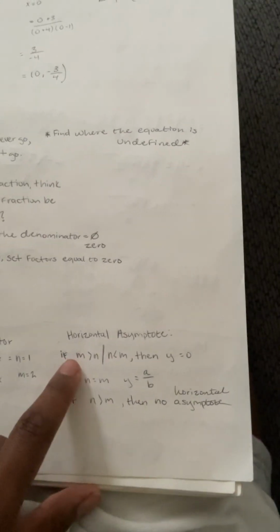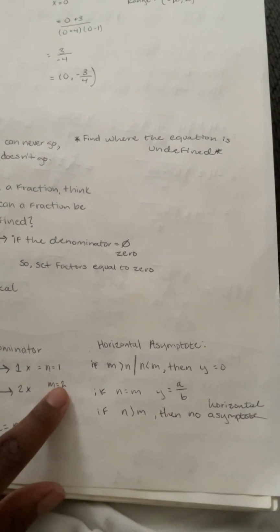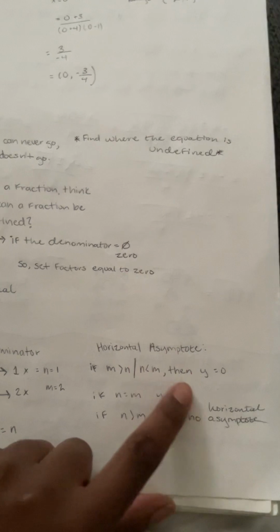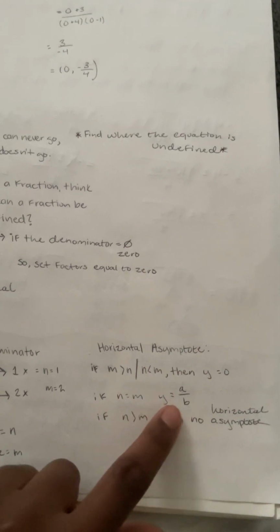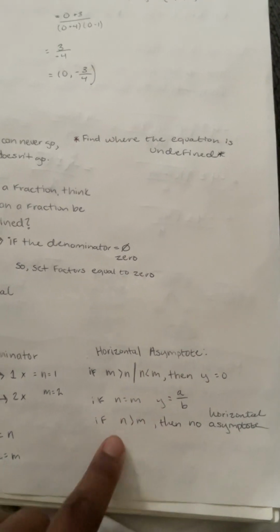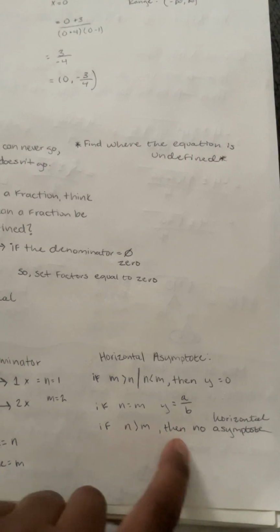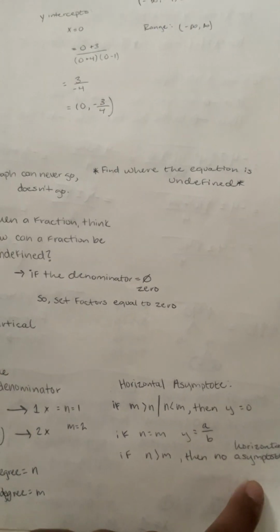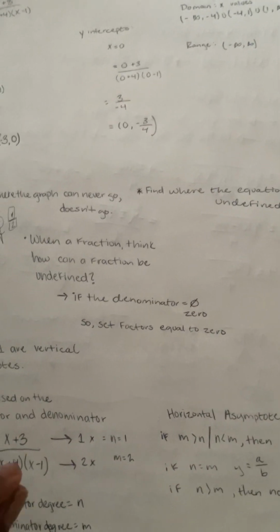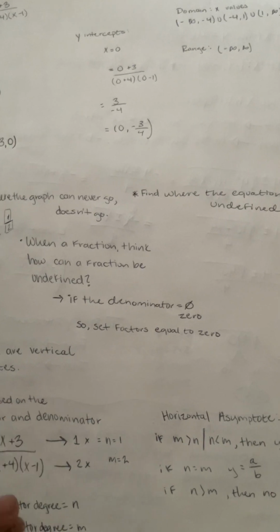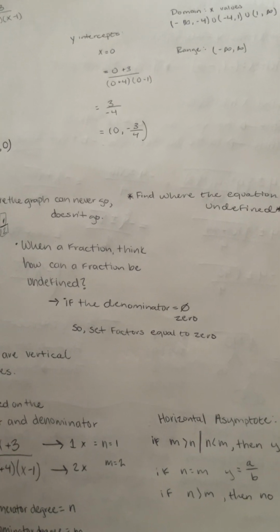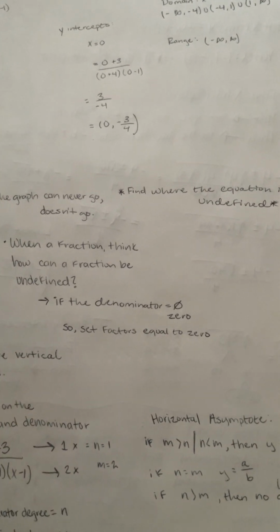Here are the rules for the horizontal asymptote. If your m is greater than your n, it equals 0. If they are equal, you set it up with this equation, and if n is greater, then there is no horizontal asymptote. For the graph that's on there, it's asking you to choose the one that's been selected, because pay attention